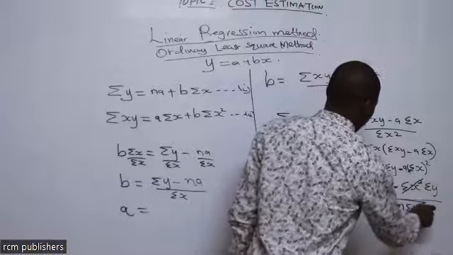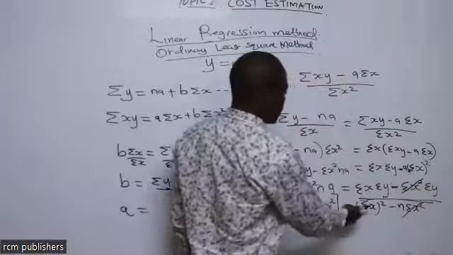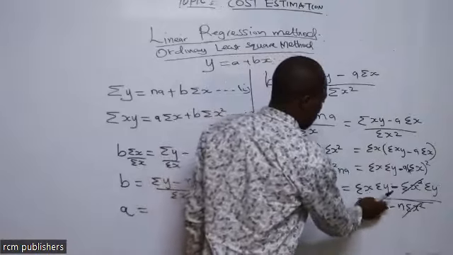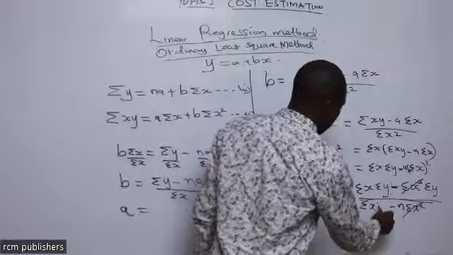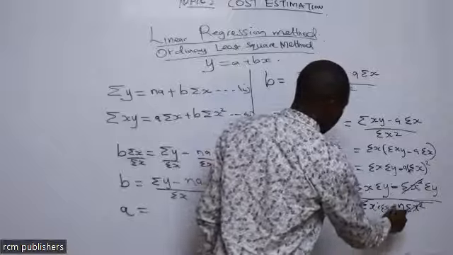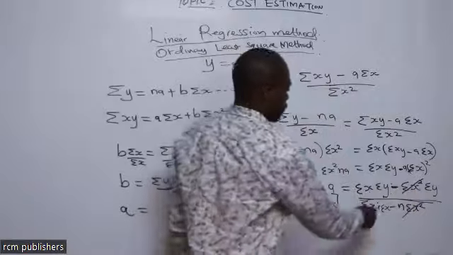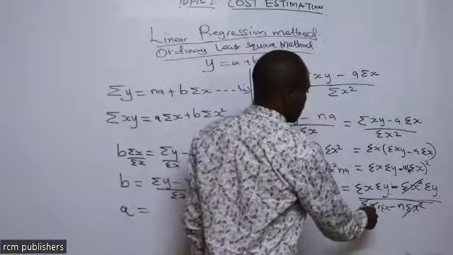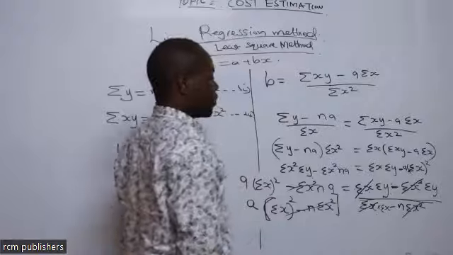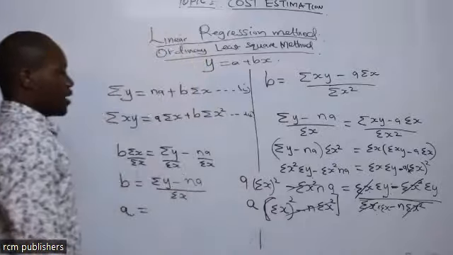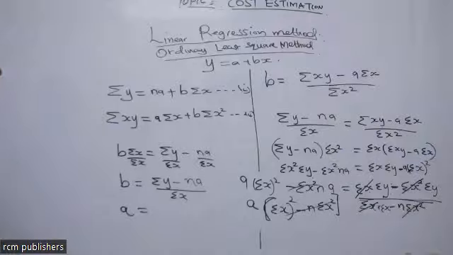Then we divide by summation of x squared. What is this? It is summation of x and then summation of x. So this one here eliminates this. So what are we remaining with? Summation of y minus summation of y